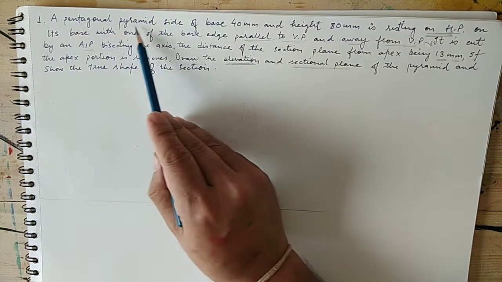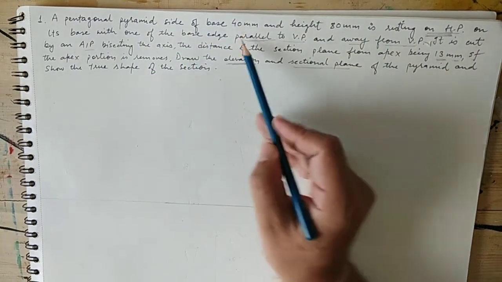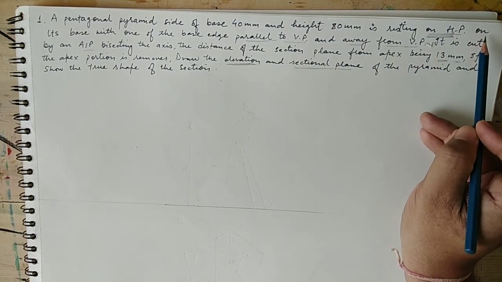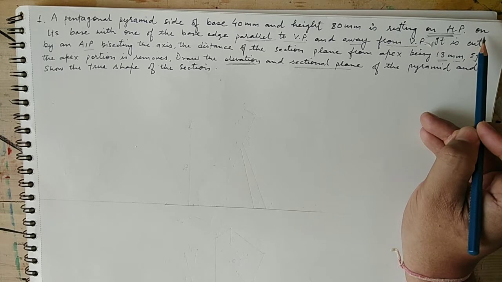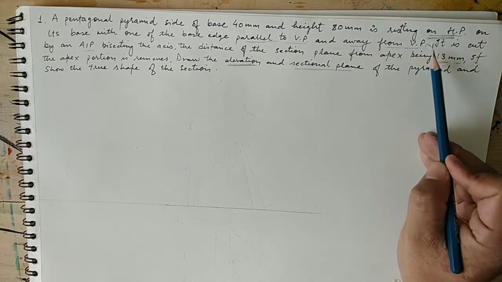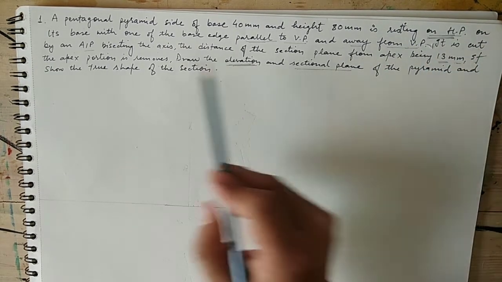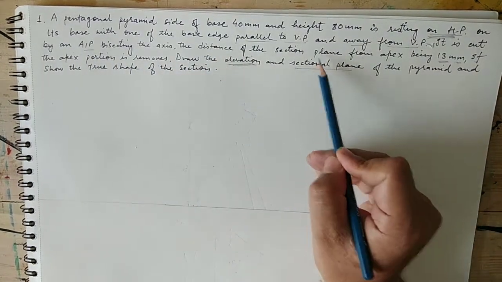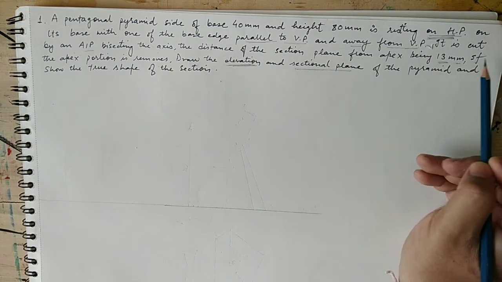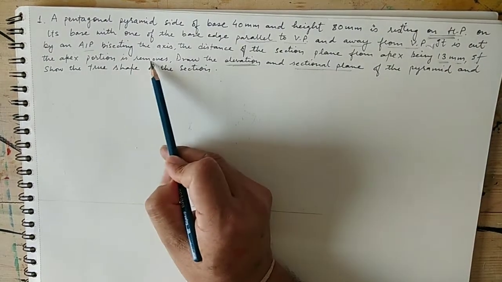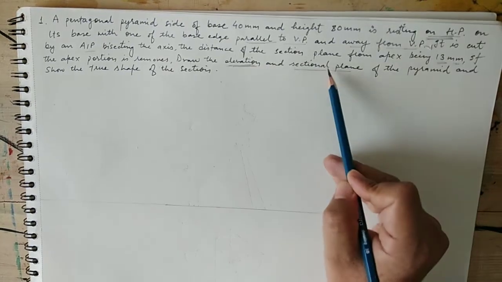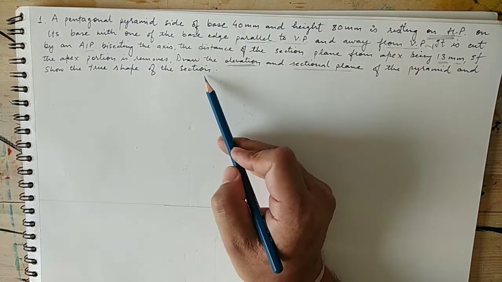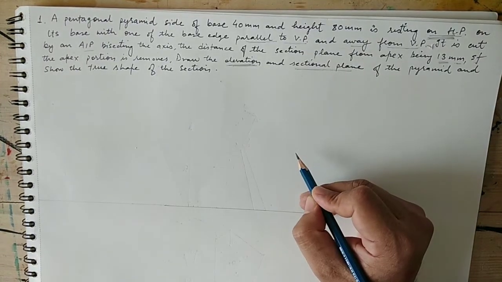A pentagonal pyramid, side of base 40 mm and height 80 mm, is resting on HP on its base with one of the base edges parallel to VP and away from VP. It is cut by an AIP bisecting the axis. The distance of the sectional plane from the apex is 13 mm. If the apex portion is removed, draw the elevation and sectional plane of the pyramid and show the true shape of the section. So class, as per the given condition in the question,